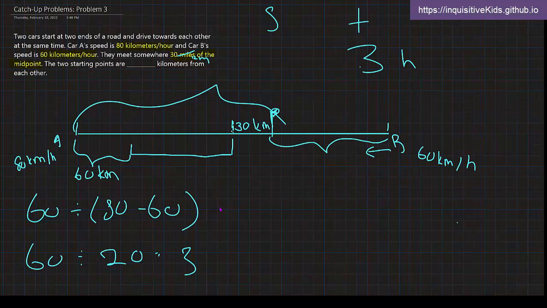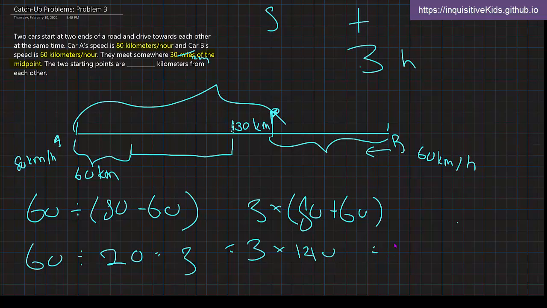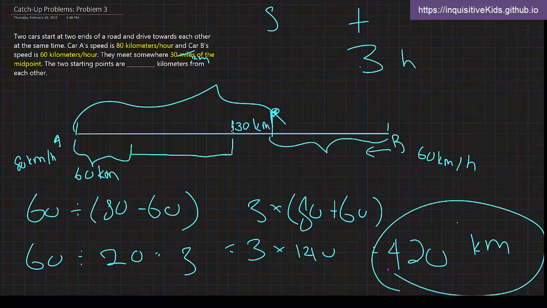Then, just like before, you might have thought it was a meetup problem, and now it is. We have the time, and they're coming towards each other, so we know that it's the sum of their speeds. So we have 3 times 140, so that equals 420 kilometers. So 420 kilometers, that's how we